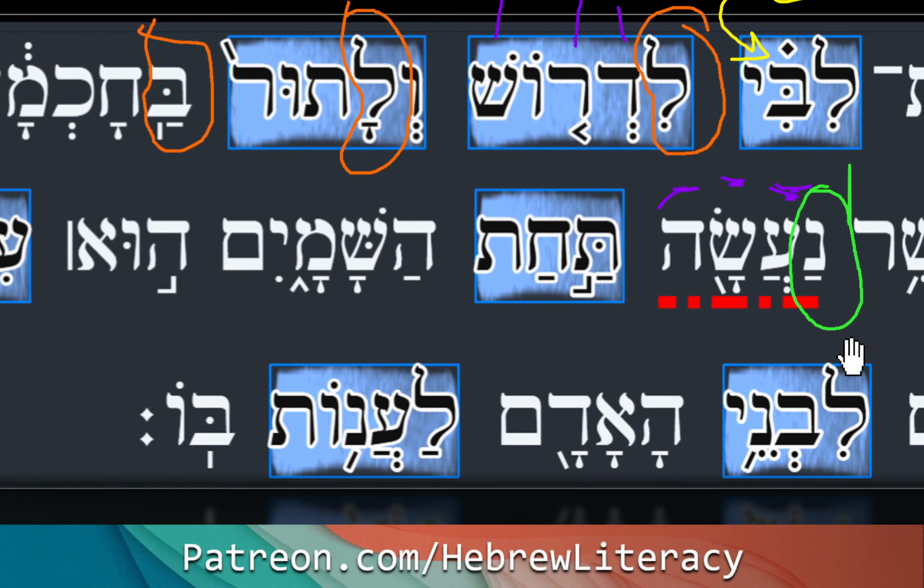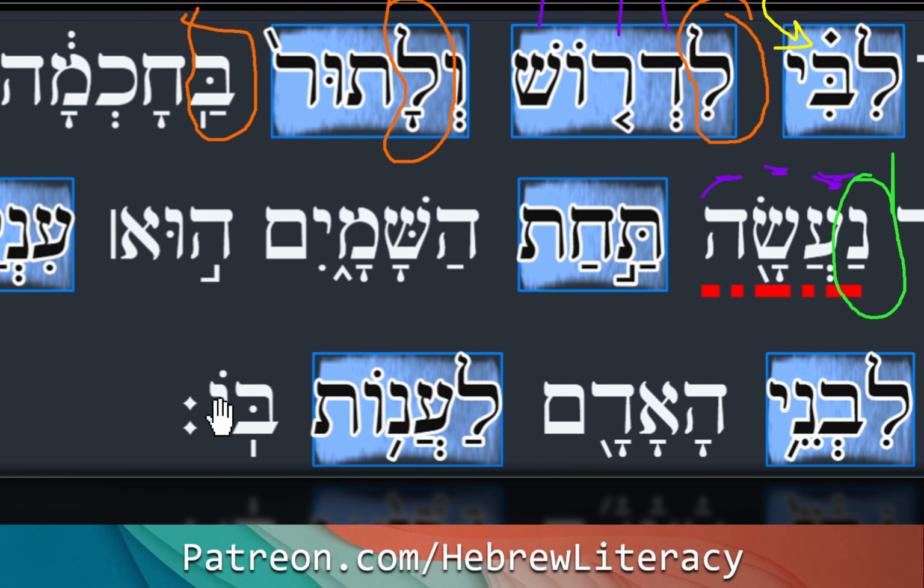Na'asa tachat, which is done under the shamayim, under the heavens. I'm not going to colorize it right now as in red, but you can see there it is. From the ancient word hal, which meant the, and we have the dot inside the sheen where the lamed assimilated. So hal shamayim became hash shamayim. There are two sheens here. So shamayim is sky, heavens, right? The view into outer space, the heavens, everything which is done under the heavens.